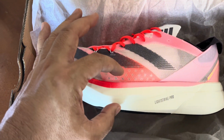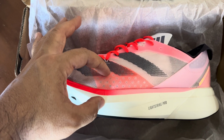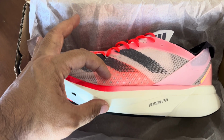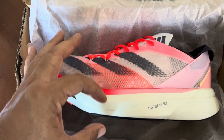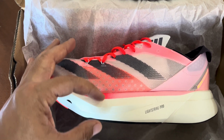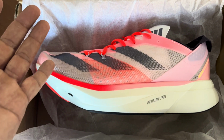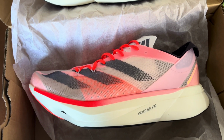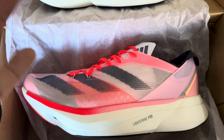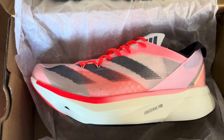You got the swoosh coming all the way down here to show that you got this big old thick sole, but where the upper and the sole meet, there's like this big crack in the middle, and it doesn't even look right. It just looks like it's been worn out, even though it's brand new. So that's kind of aesthetically, I know it's a minor thing. Some people probably aren't bothered, but when I look at it, it just doesn't look clean